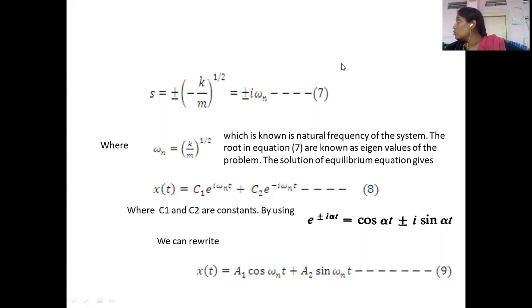So you will get the two values of s, that is the s1 and s2 values. Please do it fast. Calculate the values of s here, s1 and s2, in terms of plus and minus values. Please calculate from this equation number 6. I will wait here for you to calculate the value of s.